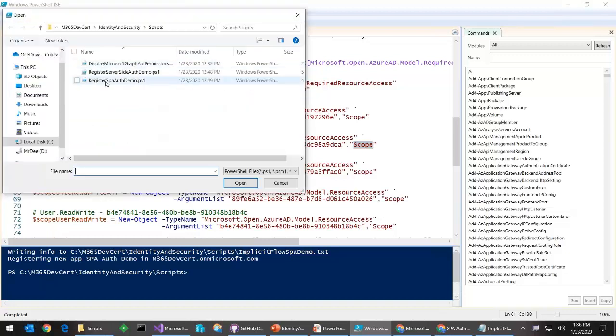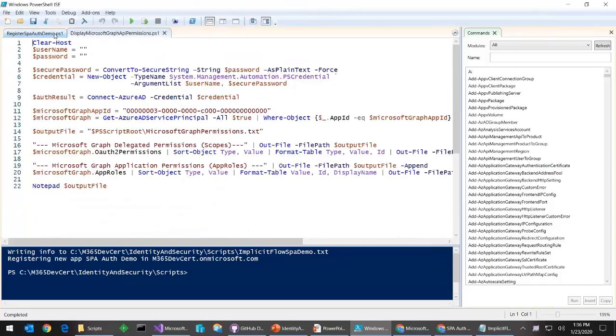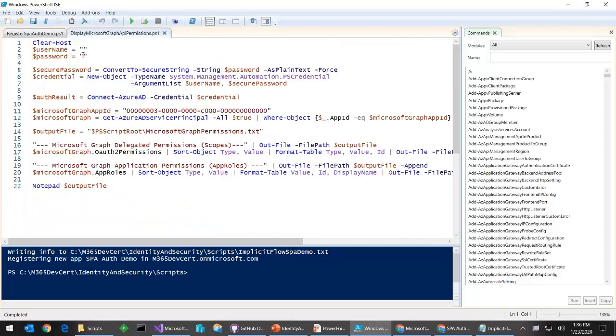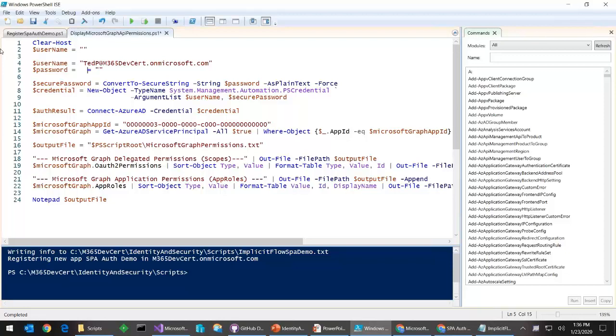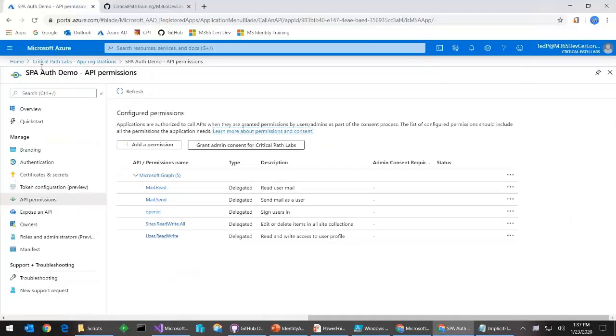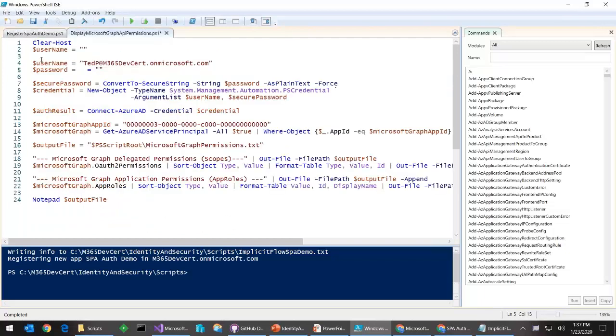Now, if I look at this display permissions, what I want you to see here is that, let's say I wanted to see all the permissions that Microsoft Graph has. Okay, so what I need to do, I didn't do that quite right. Almost there. Let's go back here. Let's take this with my password that you can't see way out to the right. Okay, and what we're going to do with this example right here